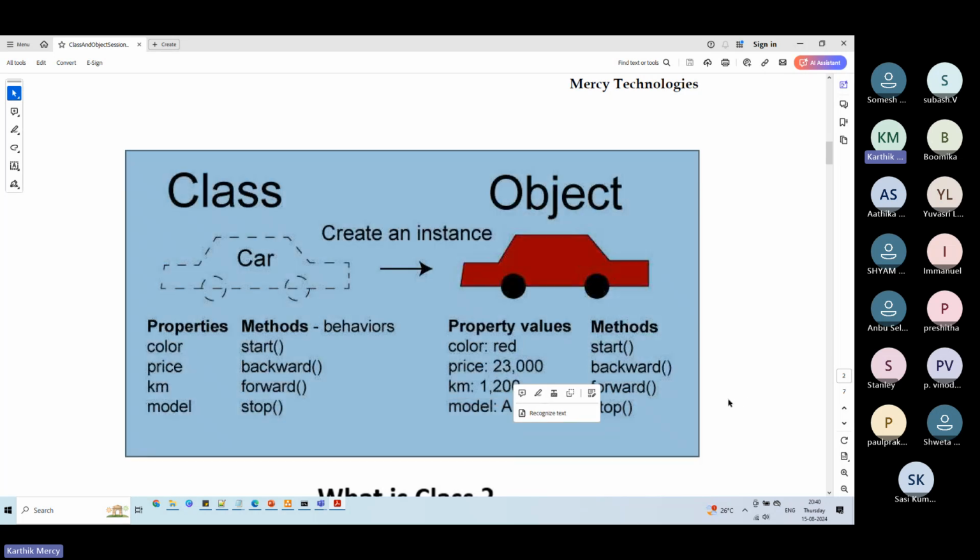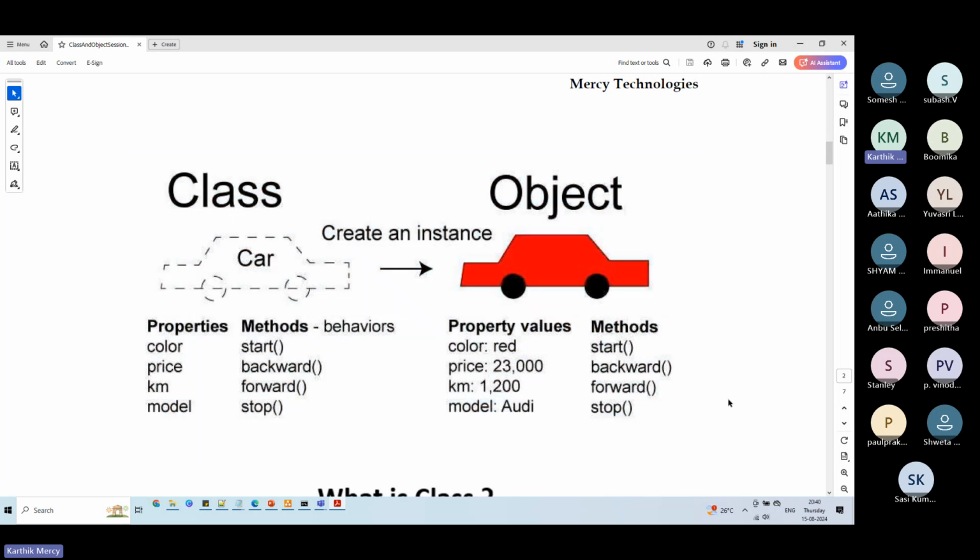So the thing that I wanted to stress is that something that is written on paper, something that does not really exist, is a class, and something that is taken as an inspiration from that piece written on paper and actually constructed is called an object. Okay, so this is how you can correlate the Java class and object to some outside principles, or you can say the outside world, whatever you are actually able to see.